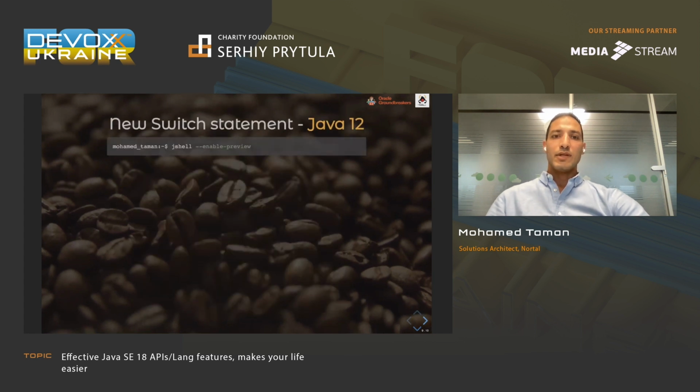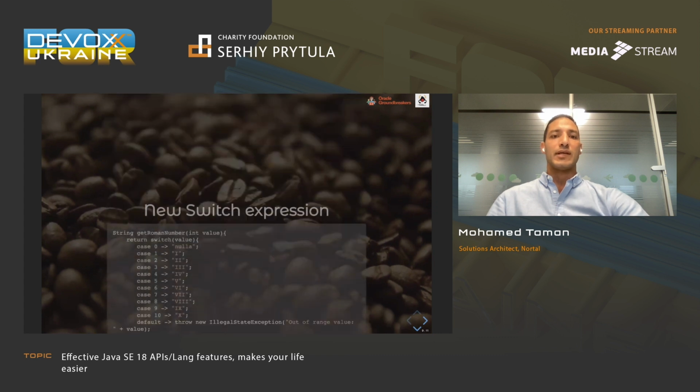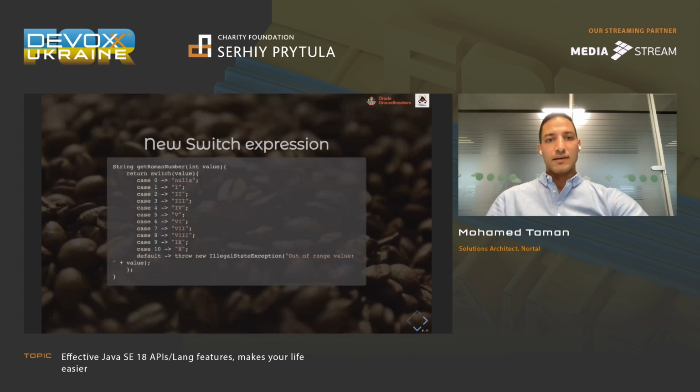So the new switch statement in Java. This is how I run jshell with --enable-preview, because it was a preview feature at that time. So I can just use the arrow token, and they can be assigned. This is a statement, and there is no problem in this. We have a declaration for the Roman value, and I'm reassigning the value and returning it. And then it says, okay, if the main purpose is returning the value, why not use a switch directly and return the value without assignment? So it's enhanced to be used as an assignment or return type directly.